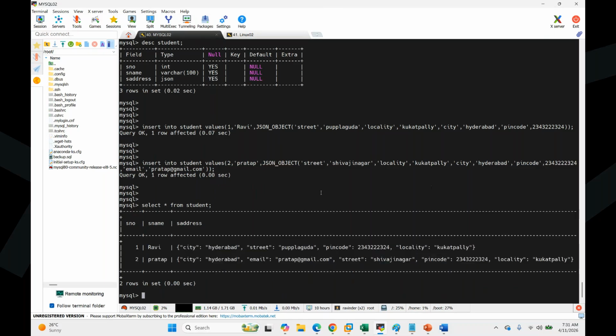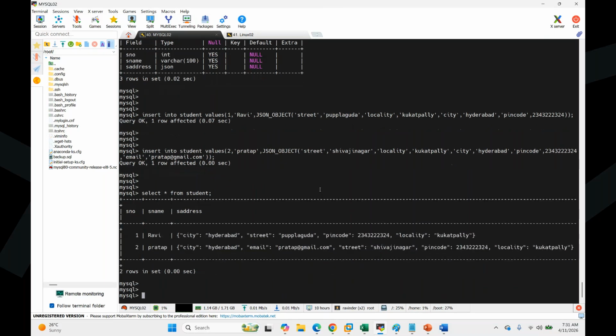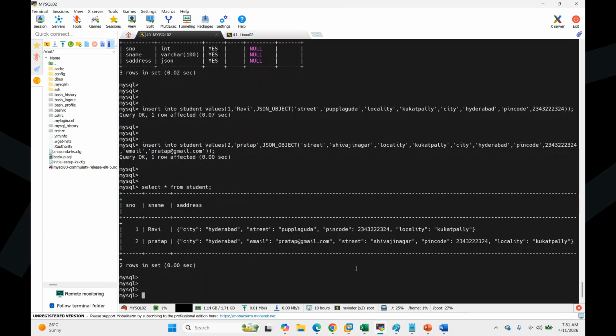Postgres also does this anyway. But this is one good thing, where you can operate both data types in MySQL. So now, if I want to read the data in RDBMS format, the data is in NoSQL format, but I want to convert it into RDBMS format and read the data, you can do that.